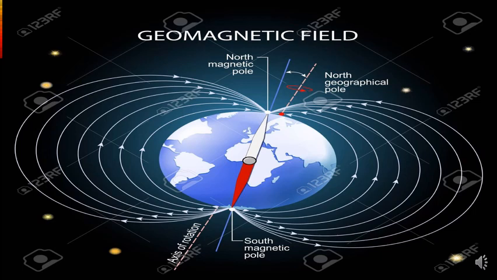Even in this diagram you can observe the magnetic lines of force around the magnet, which are imaginary. You cannot see any lines, but you can come to the conclusion that the lines of force originate from the south magnetic pole and move towards the north pole, where they merge. So these are imaginary magnetic field lines around our earth because earth itself is a huge magnet.